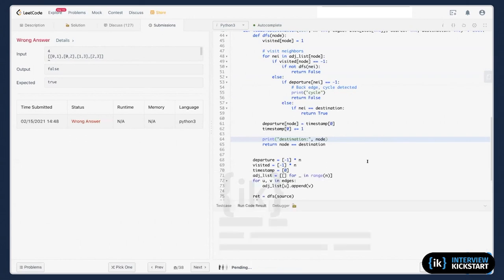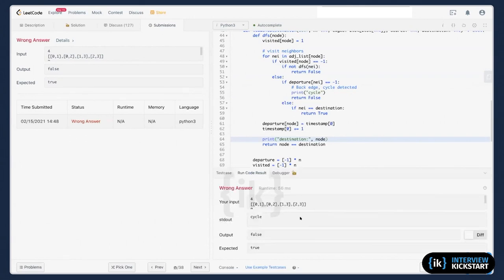Let's see what's going on there. Cycle. There's no way there's a cycle. 0 1 3, 0 1, 0 2, 1 3, 2 3. There must not be a cycle.